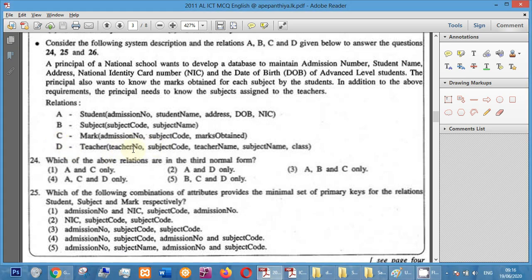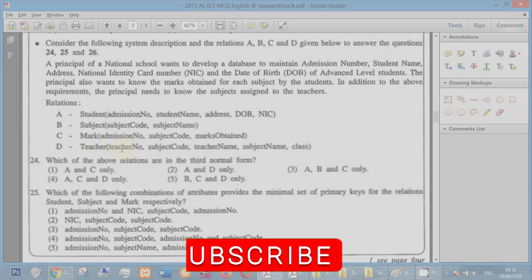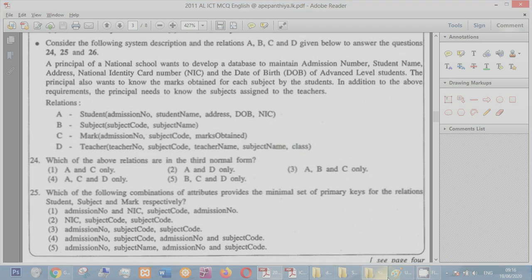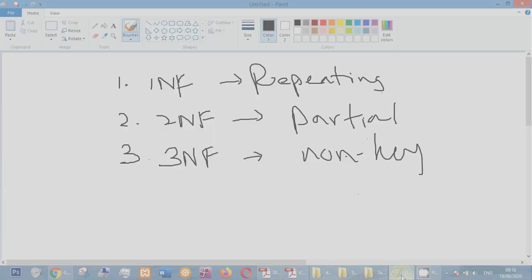This is supposed to store details of the teacher, such as teacher number, teacher name, and the class, but subject name is dependent on the subject code. Now subject code is not part of the primary key here. The primary key here should be the teacher number, right? So this is not in third normal form, because in third normal form